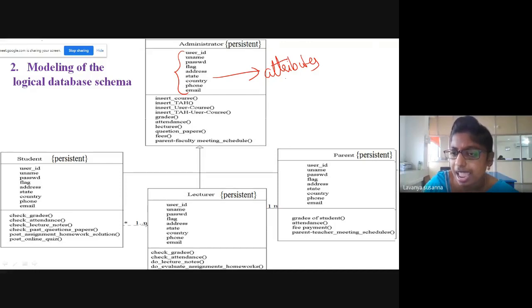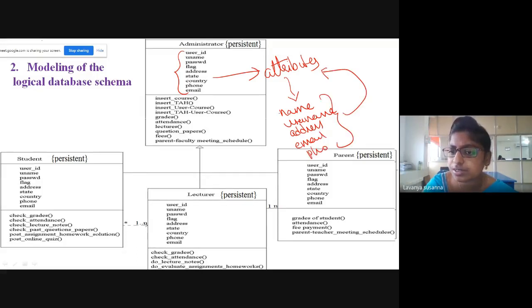Attributes are nothing but what describe the entity, here the administrator. The administrator will have a name, username, password, address, email, phone number. All this describes the administrator, and you can consider all of these as attributes.